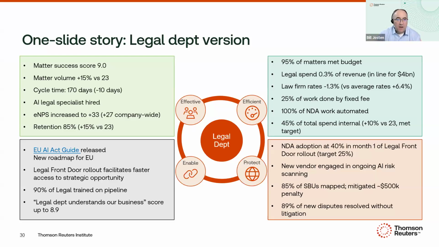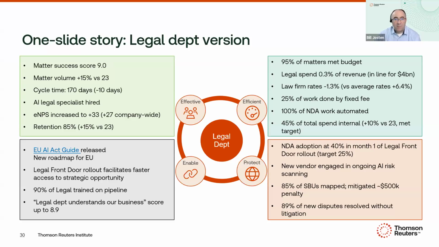Law firm rates, Lizzy talked about how we tell that story. We're tiering work, so we're actually capturing a 1.3% savings on average per timekeeper hour, where the average industry increase is 6.4%. Those are real numbers, by the way. The 6.4%, that was the average industry increase for an agreed rate in 2024. So to see that type of a change, that's not out of the realm of possibility for legal departments.